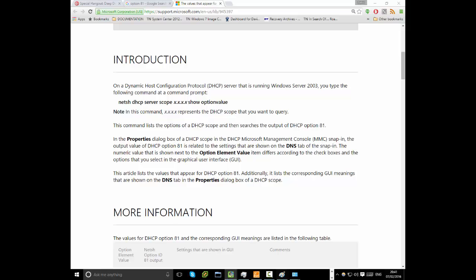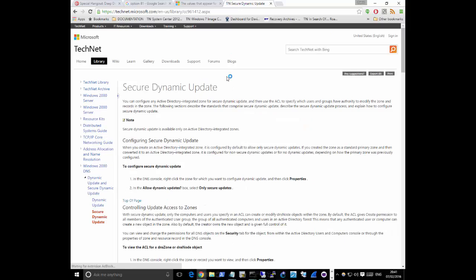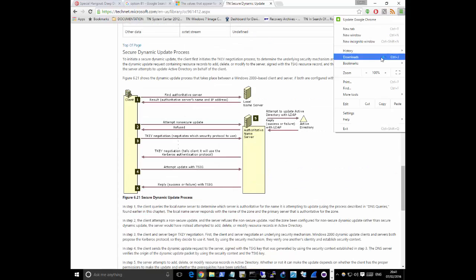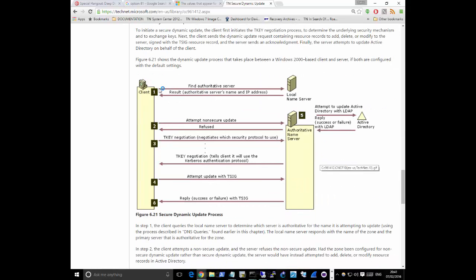Let's see. Okay, yeah, there we go. So let's bring this page up, and I'll add these pages to the recording at the end. Seeing how secure dynamic update works, and then scrolling down. Let's blow this up, make it bigger. Scroll down. So you see, it says, okay, find authoritative server, result authoritative server's name and IP address, attempt non-secure